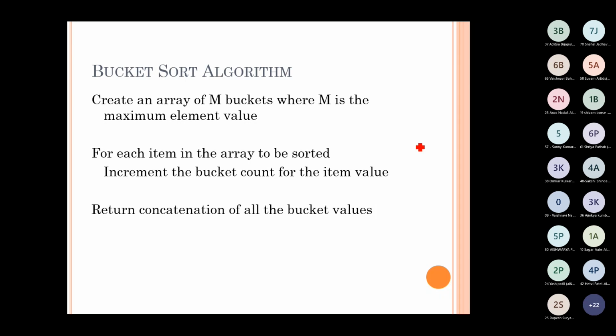Okay, the maximum element, that value we will be taking. Suppose it is 50, then bucket number 50; suppose it is 20, then bucket number 20. If I find an even bigger value while doing this, then we will increment the count of the bucket, and at last, once we partition the elements into the buckets, we will return the concatenation of all the buckets.